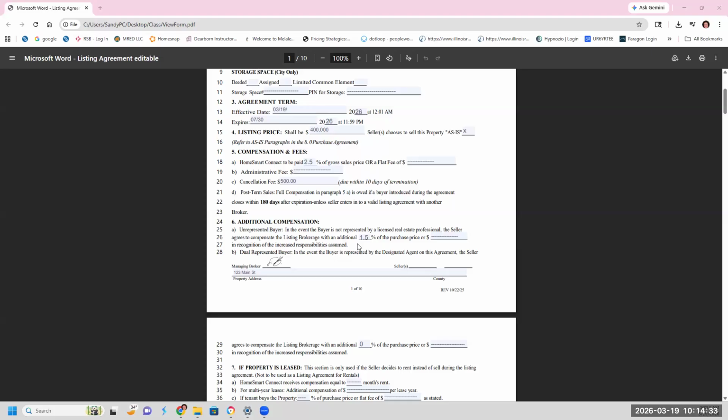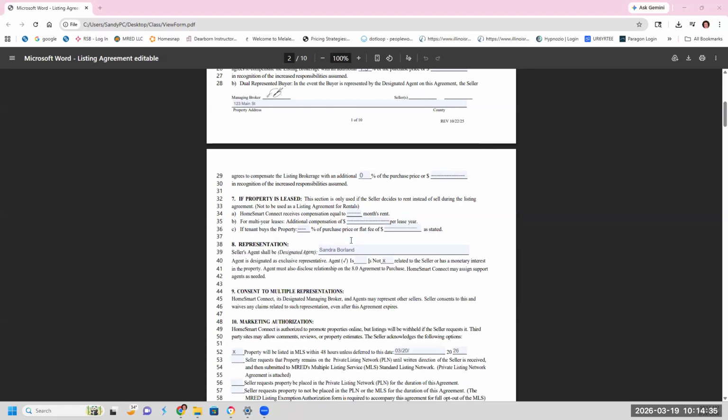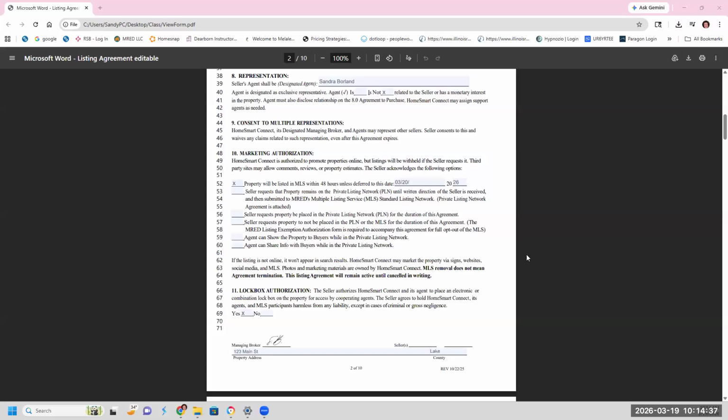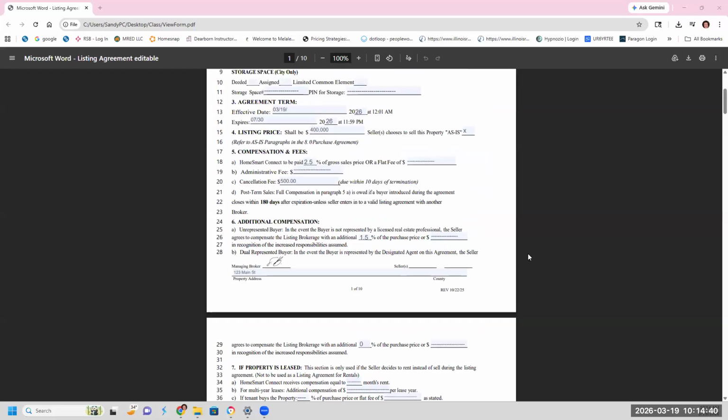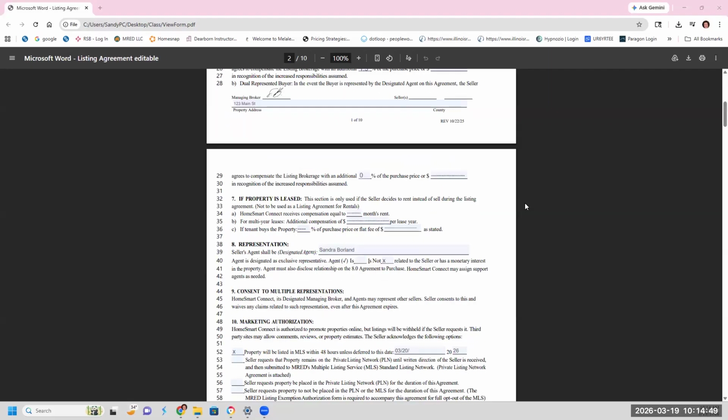This is a question I want you to go over with your seller. We'll cover that a little bit later in the listing agreement. This 1.5% would cover you if an unrepresented buyer comes and you do no agency.